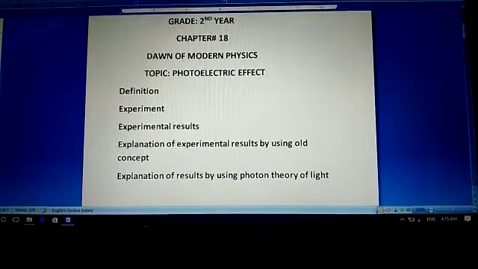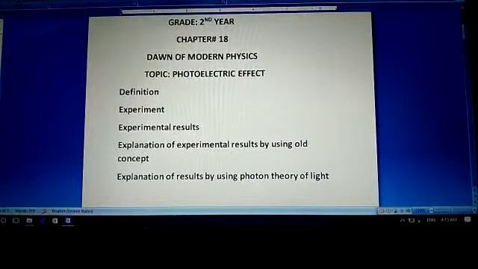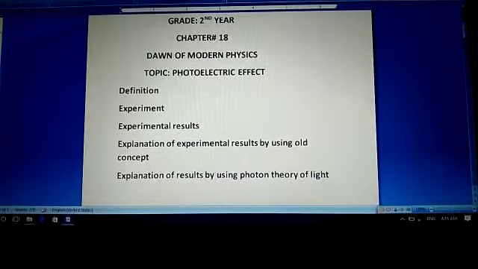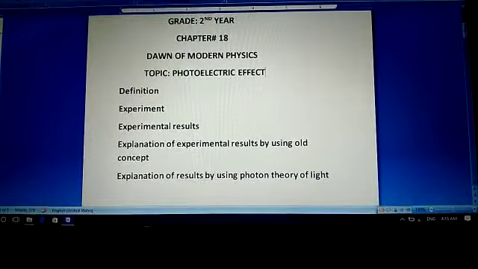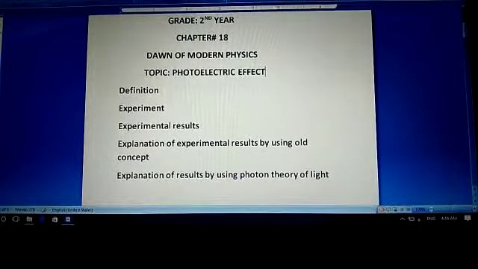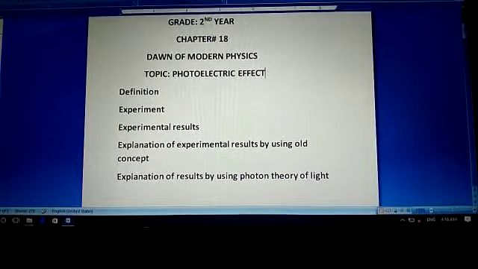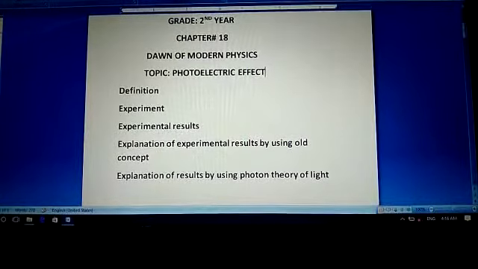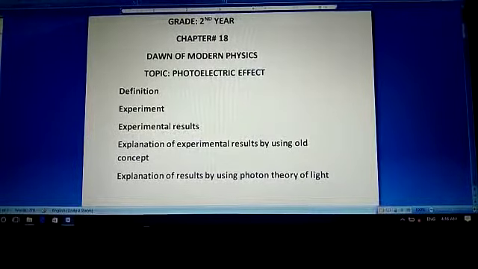As you know, in our last lecture we discussed the photoelectric effect, and along with its definition we discussed the experimental setup for the photoelectric effect and its working. We also discussed that the maximum kinetic energy of the photoelectrons emitted by a metallic surface when it is exposed to light depends upon the stopping potential, so we can measure the maximum kinetic energy by the stopping potential.